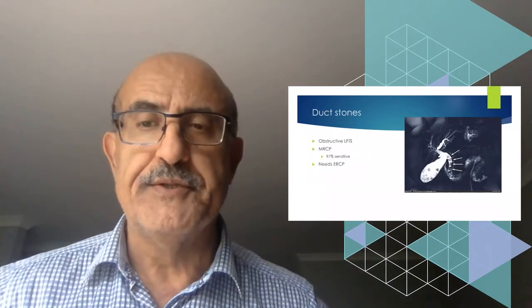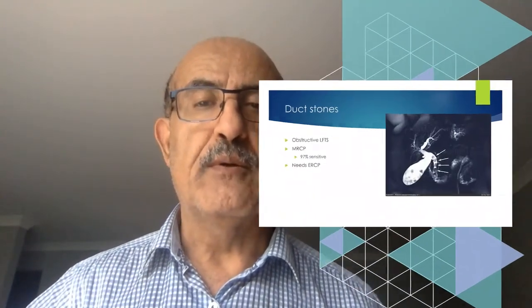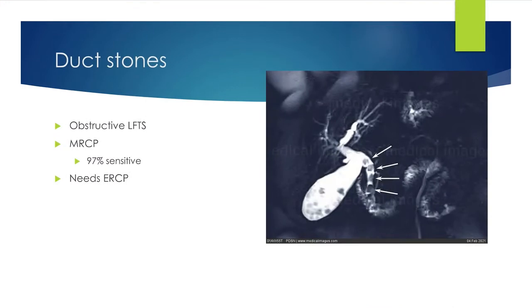Now, if you got the ultrasound scan results and also the LFTs, and things are suggestive of a stone in the bile duct, you are concerned there could be a stone in the bile duct. What's the next step to do? The next step is to do an MRCP, which is a magnetic resonance imaging. We do that for obstructive pattern LFTs, and MRCP is